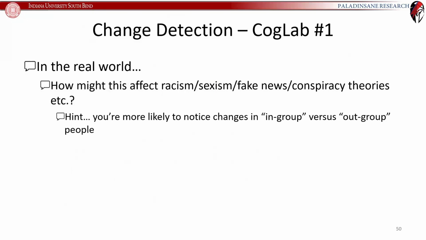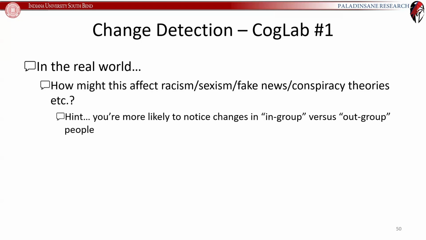What does it mean for sexism? Basically, it says that if you identify people as being out of your group, then you are less likely to notice changes between those individuals. You're less likely to notice differences between those individuals. So, you know, that kind of